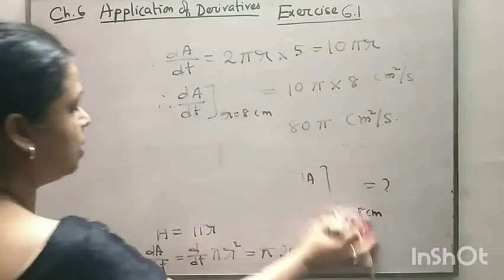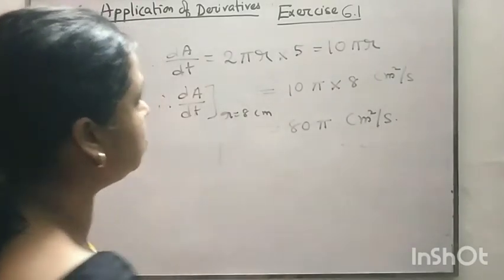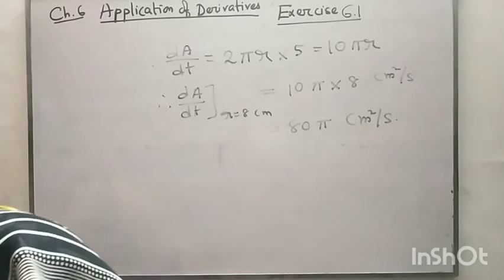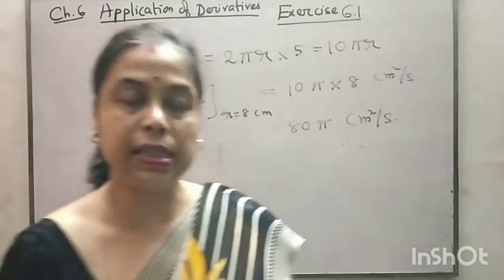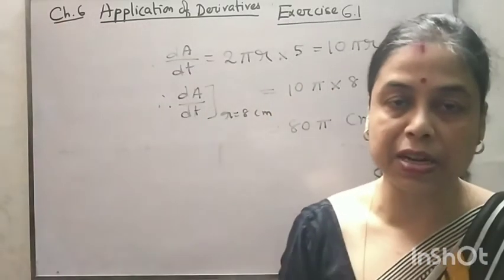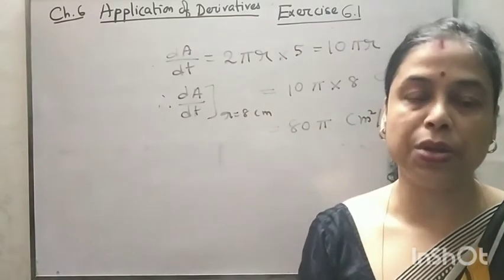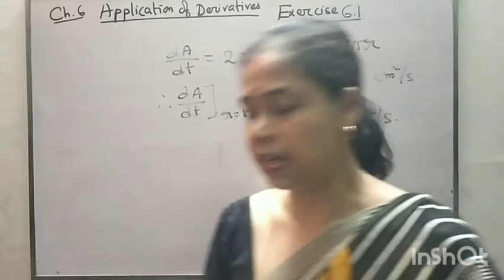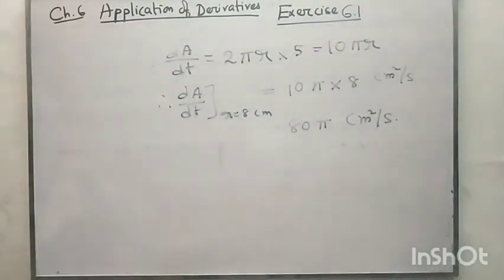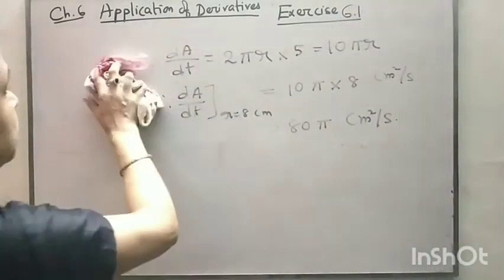Hope you understand it. So here always you see, first read the question again and again, then it will be easy for you to see what is given, and after writing what is given, you write down what is to find out, and then accordingly you use the formula, you will get the result easily. Okay. Now I'll go to question number 6.